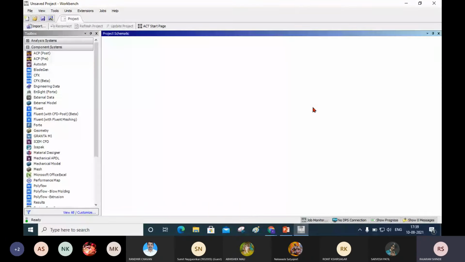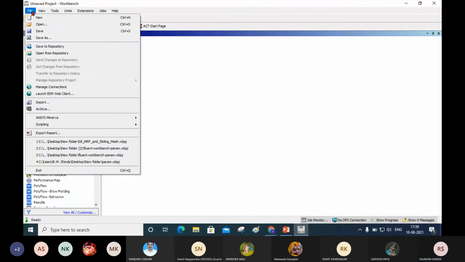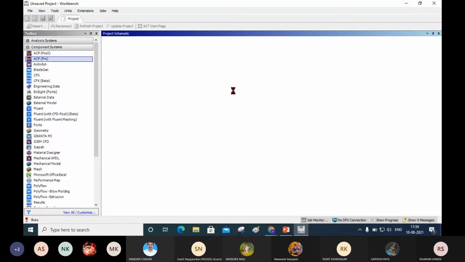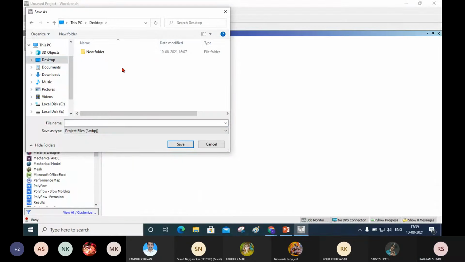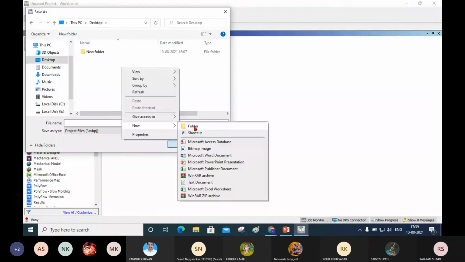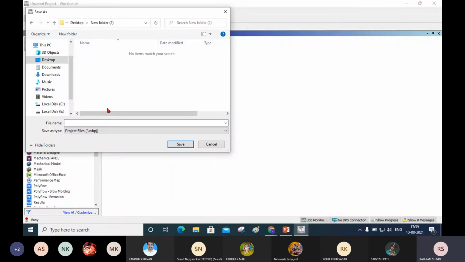Now first I will save the project. I will create one folder here on the desktop, and I will give it the name MRF, for moving reference frame, and sliding mesh.